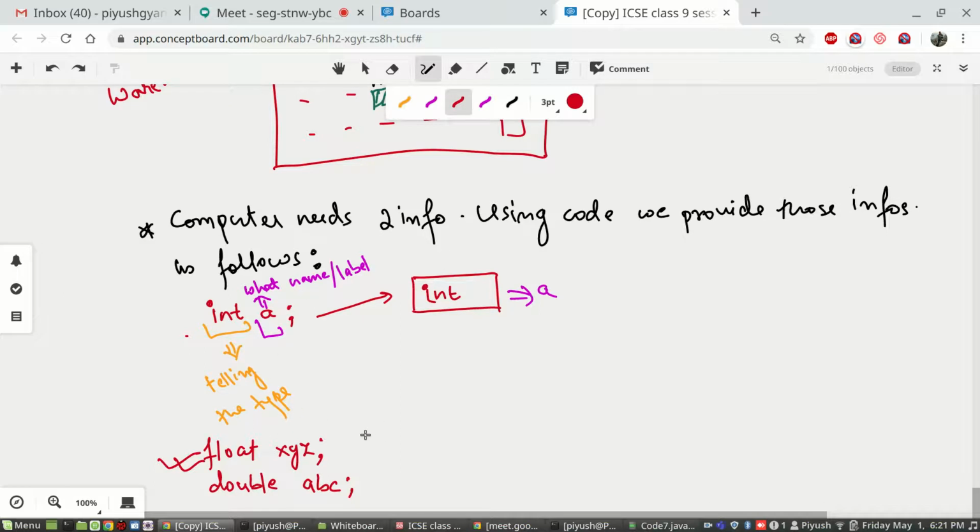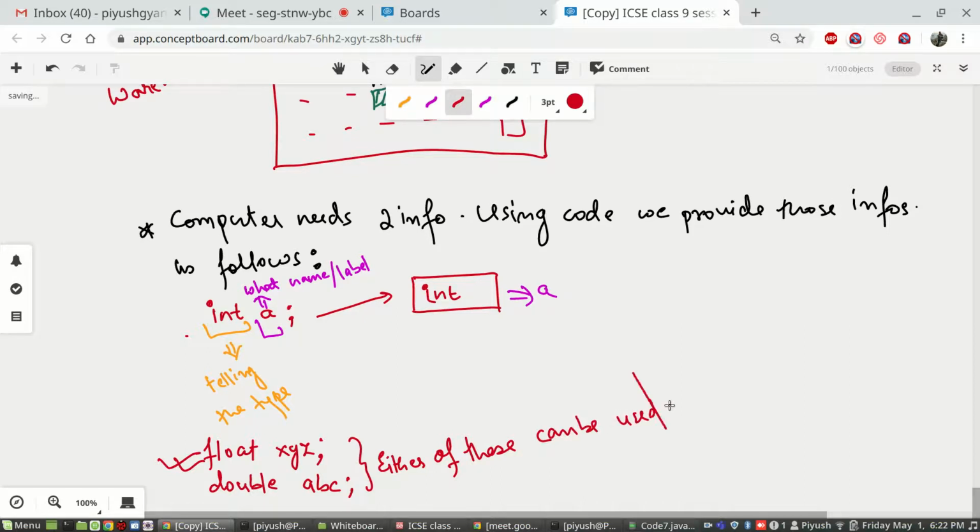Similarly, if you want to store a decimal number, you can use either of these. Either of these is sufficient to give you one memory location that can store a number with decimal bytes.